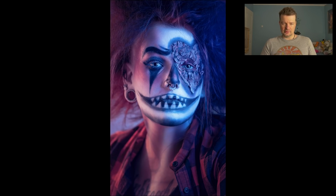Okay, then a bit of colored gels, a concept like a Harlequin, horror movies influenced maybe. You know, nice complementary colors. Well, it's been shot kind of in the dark when you see that much of the pupil. I think I like that it's so concentrated on the face, but